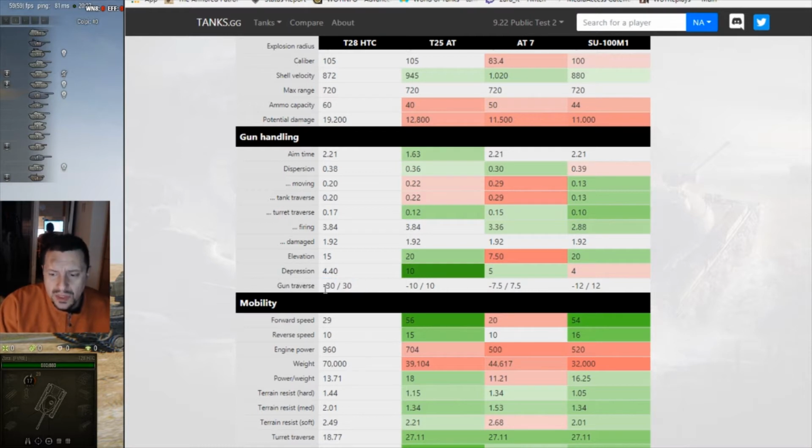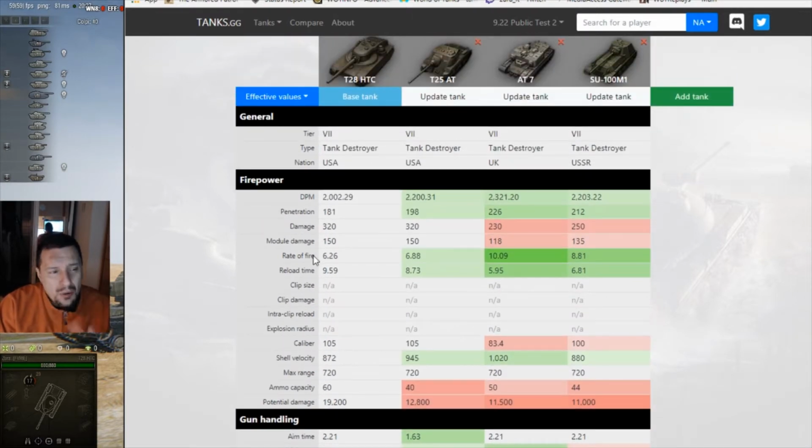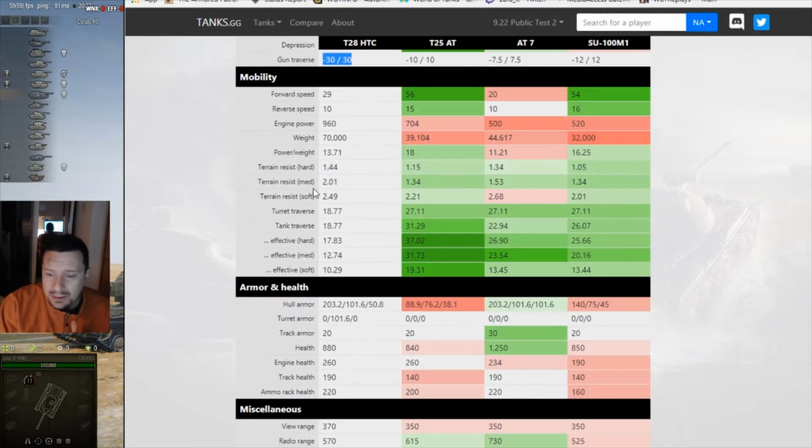This 30 degrees of gun traverse for each side is really interesting because this value means that you can move your gun a lot without being forced to move your hull, your entire tank. And in many situations, this value can be really useful, and later we are going to see that this value is going to save this tank, because firepower nothing special, gun handling bleh, mobility super bleh,